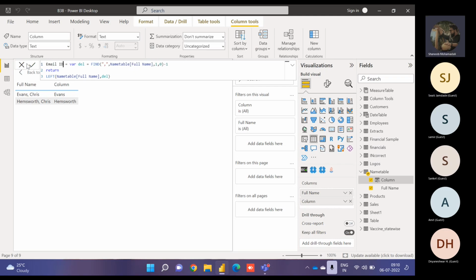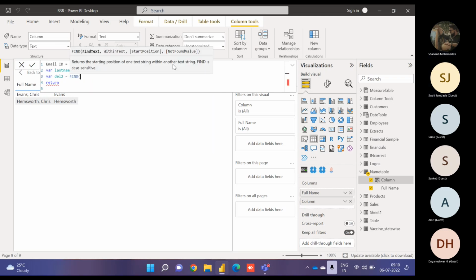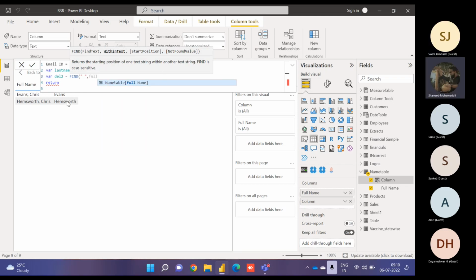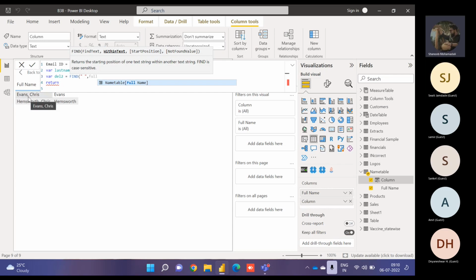अब मुझे अगर सब कुछ इसी में करना है तो मैं यहाँ पे बोलूंगा ईमेल आई, ठीक है। अब इसी में मैं सब करूंगा। सो लेट्स यूज दिस अगेन इन अ वेरिएबल। तो ये हो गया मेरा लास्ट नेम, ठीक है। सिमिलरली और एक वेरिएबल del2 मैं फाइंड करूंगा स्पेस, या सर आप लेफ्ट क्यों ले रहे हैं, वो लेफ्ट फॉर्मूला क्यों ले रहे हैं? क्योंकि मुझे स्टार्टिंग ऑफ द टेक्स्ट में से एक्सट्रैक्ट करना है कैरेक्टर बिफोर कॉमा। हमको लास्ट नेम चाहिए ना यहाँ पे, तो मैंने लेफ्ट लिया क्योंकि लास्ट नेम आता है फर्स्ट यहाँ पे।